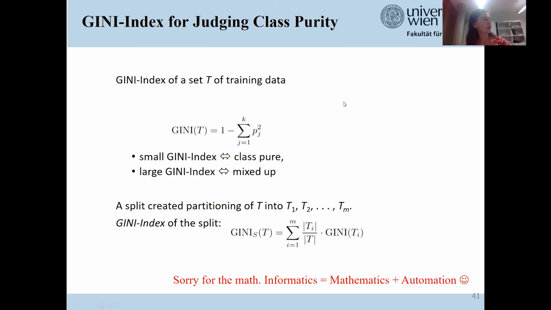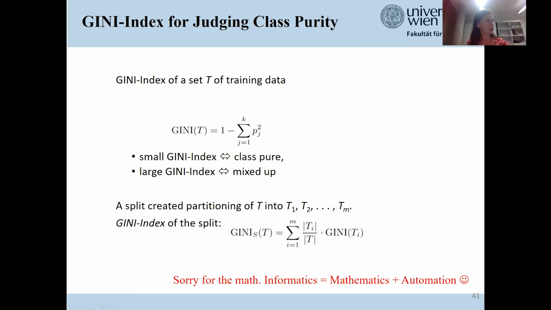And the Gini index is such a suitable formulation. So you find the formula right here. The Gini index of our training data is 1 minus a sum, and the sum runs from j equals 1 to the set of classes, and it sums up the squared probability of each class. And the probability is the fraction of the training data belonging to that class.